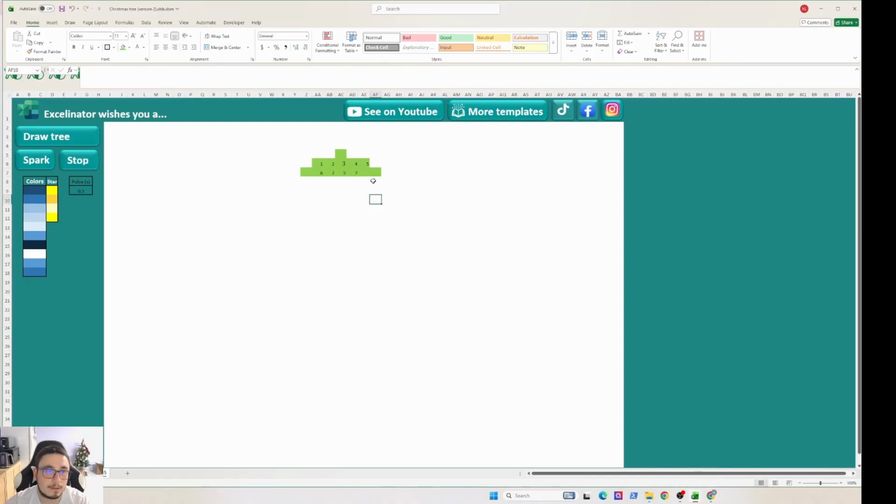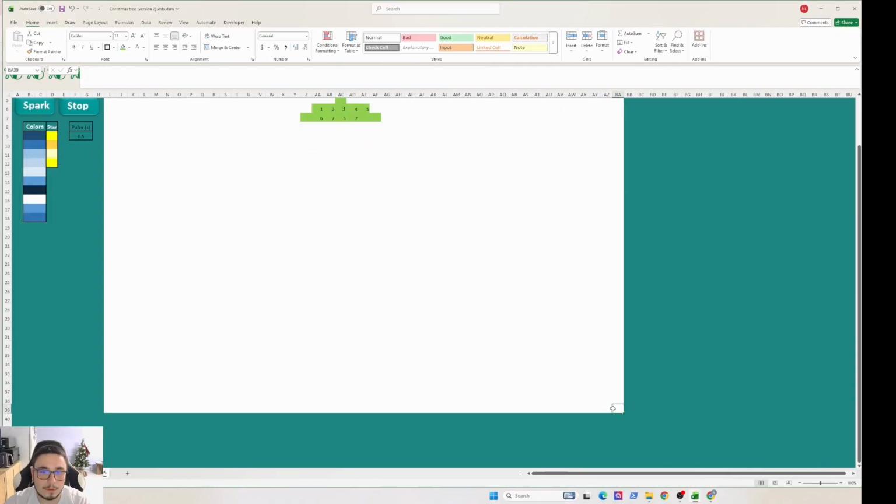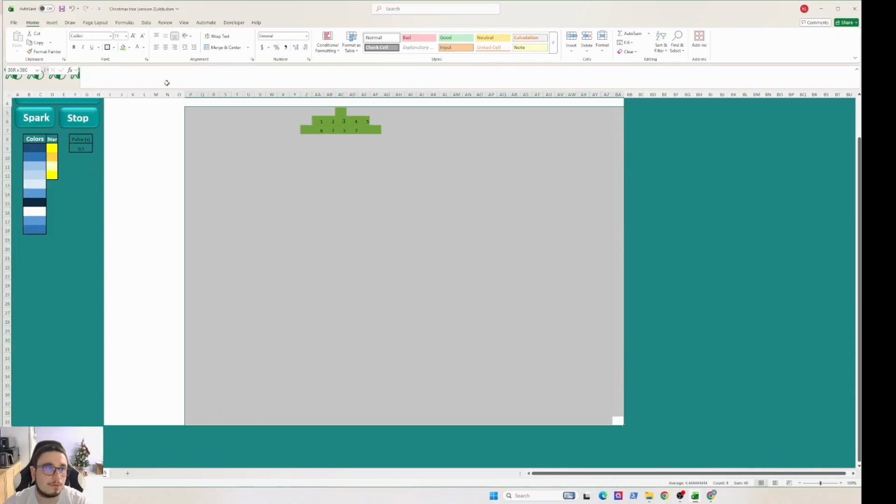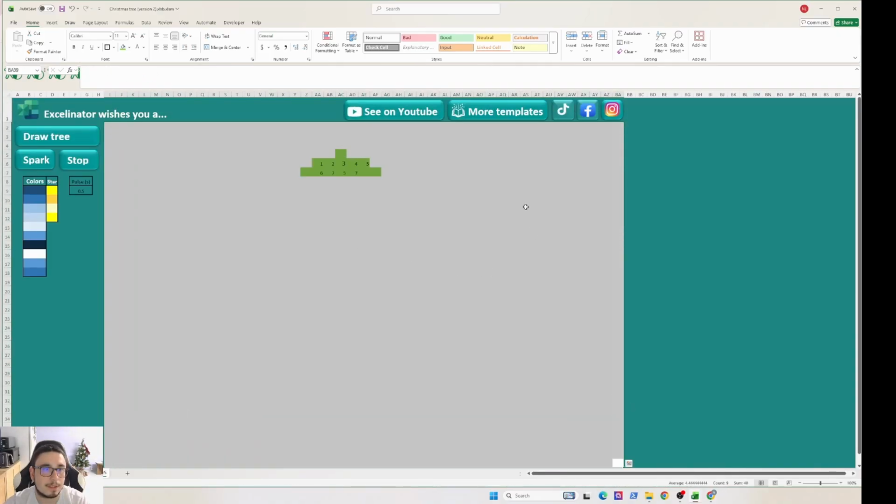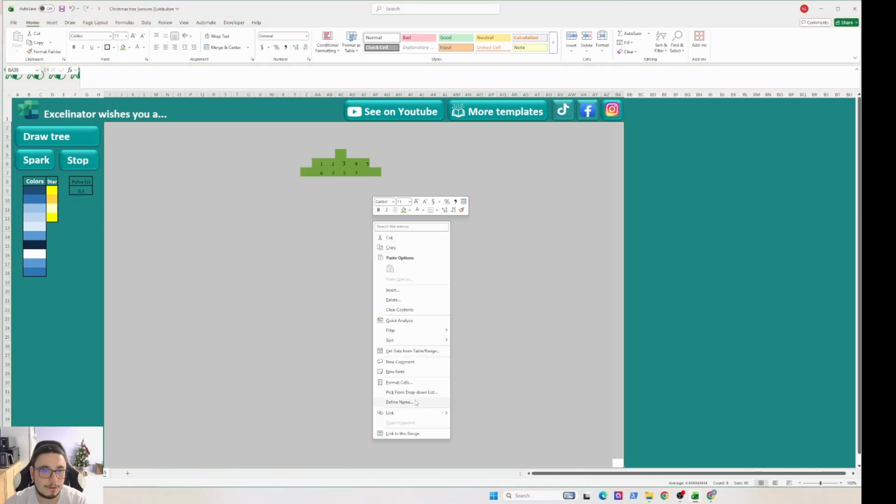Based on the number, we can adjust the size, that's nice, and we can also adjust the color. We don't want to see numbers, we want to see the little ornaments, the little orbs. So how do we do that? We need to change the format of the cell, because here we will have all numbers. We will have a tree full of numbers. We don't want that. So, format cells,